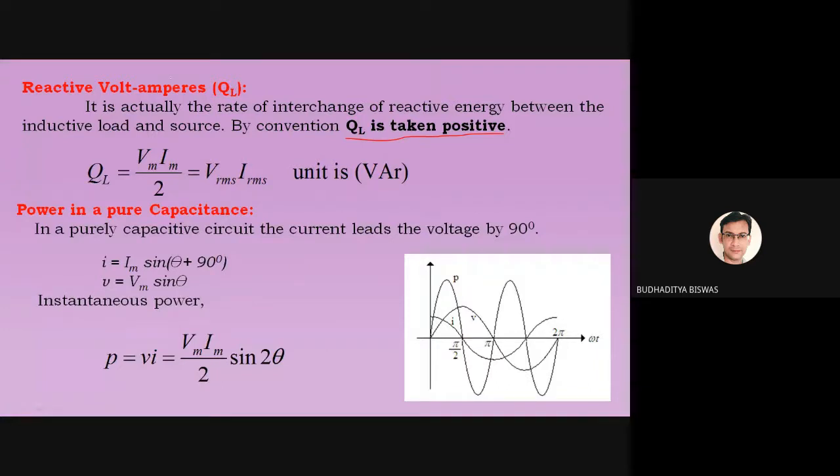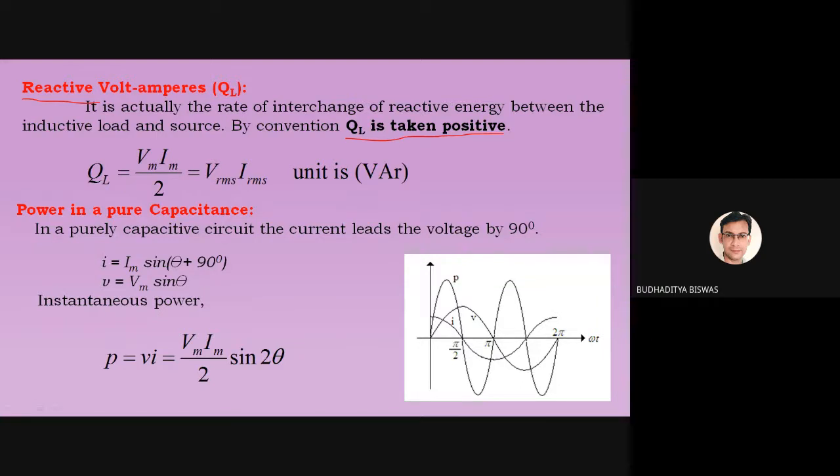So this thing is called the reactive volt ampere. Obviously some energy will be lost, and this is called the reactive volt ampere QL. You understand the concept? Because storing energy means the electrons need to flow from the source to the inductor in the positive half, and again the electrons are returned back to the source in the negative half. So the interchange of energy between the source and the load happens every time, so that in a complete cycle the active work done is 0. So active power consumption is 0. But some energy is involved in this, and this is called the reactive volt ampere. That's why they are called reactive. This is not active, this is reactive.